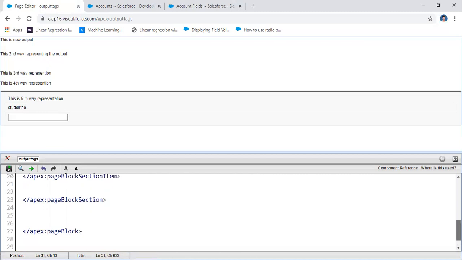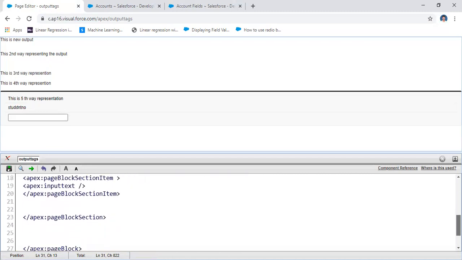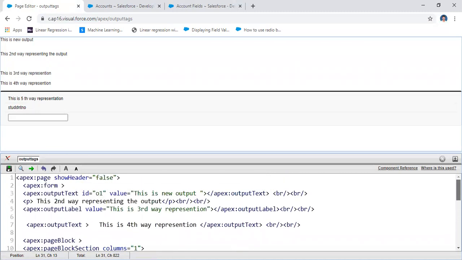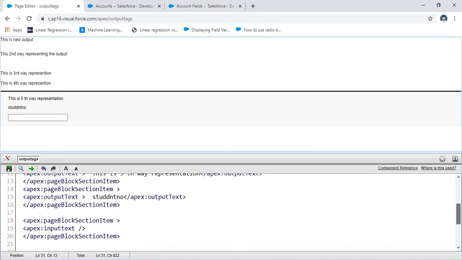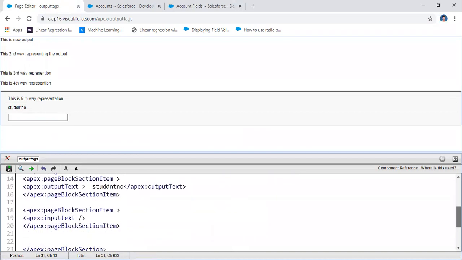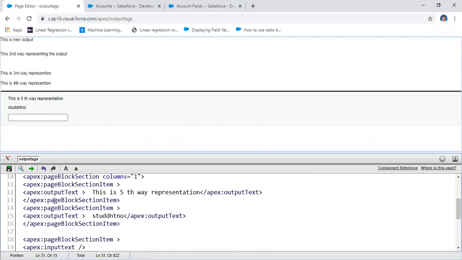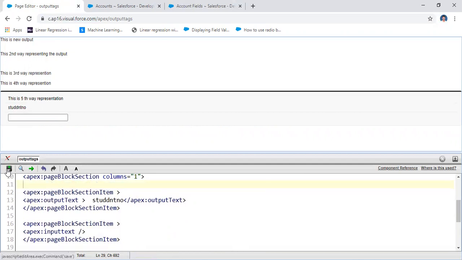This is a way of representation. That means if you use two fields, I'm going to use two fields of data. For example, I'm going to represent the fifth way. I'm going to remove this one.